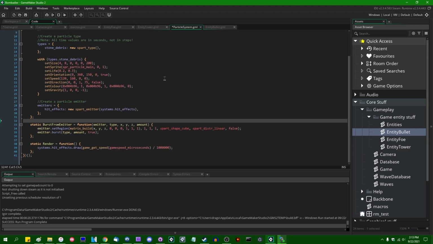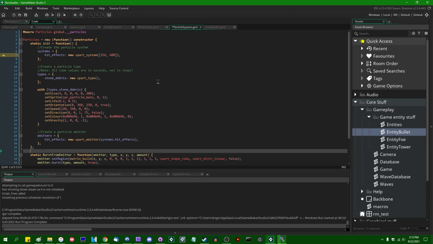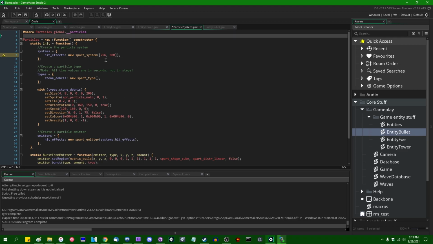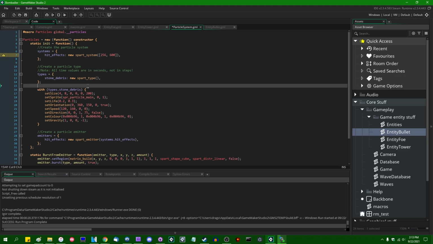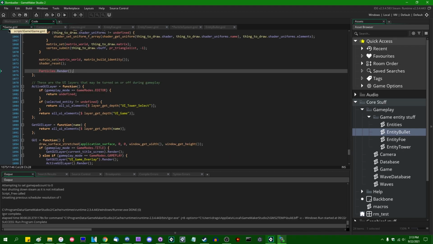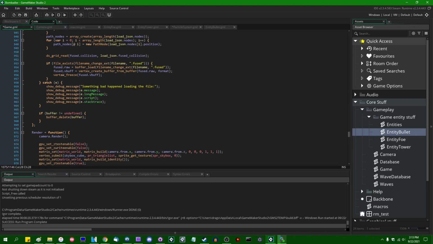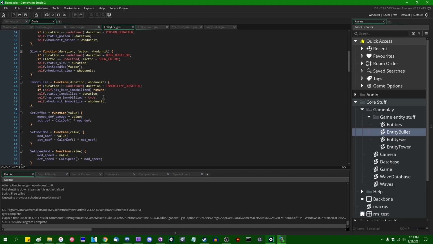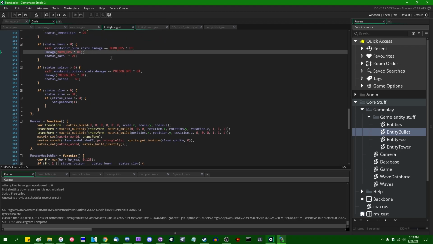Next, let's see. If we are on fire, and this is going to be a little bit difficult because this is something that might be something more akin to a stream of particles rather than just a burst. As I mentioned, this system, since it's deterministic and since it's done entirely in the shader, it does not really super well handle things like moving emitters and changing particles in dynamic ways over time. So I think what I'll do instead is when a foe takes damage from fire, where would that be? That would be an entity foe status burn. So when you actually take damage from fire, like in here,